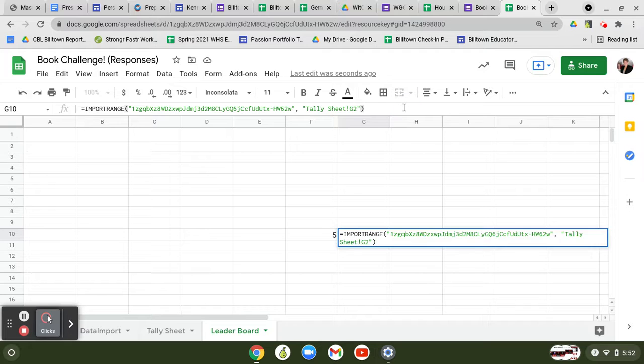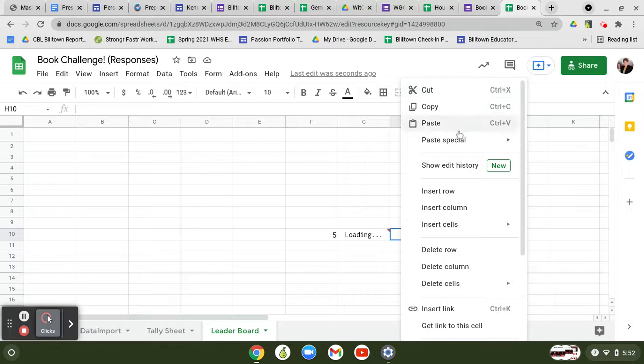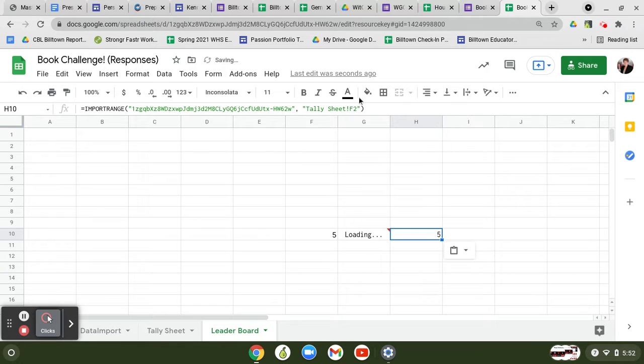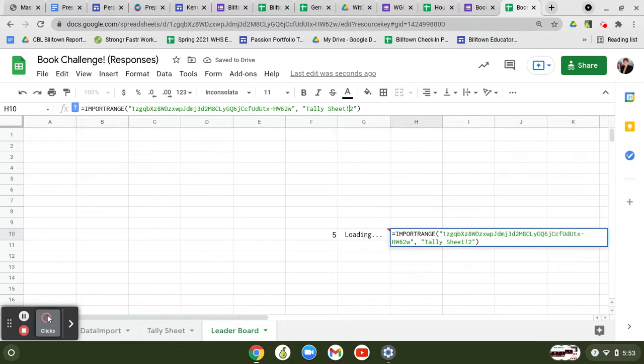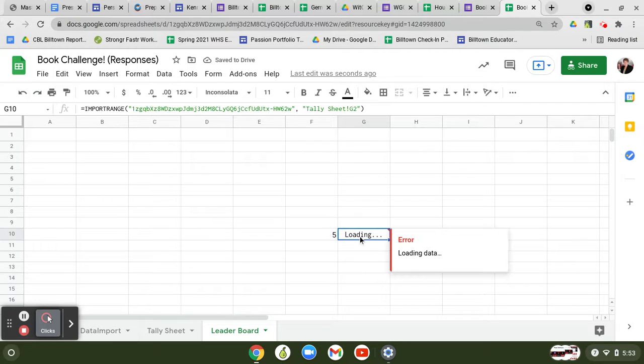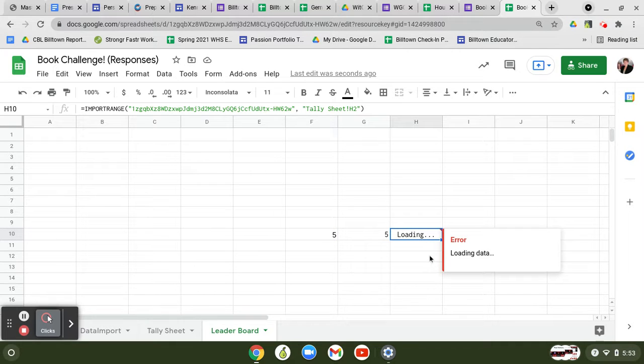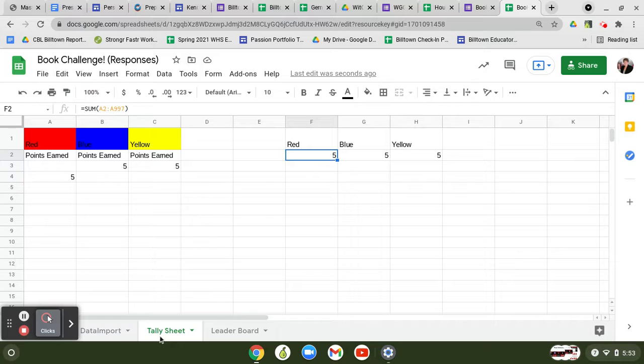We'll hit enter again, what we had to do last time. We'll just wait a minute, and then we'll go ahead and paste that function again in the next cell, and we'll go ahead and put our H2. And it might take a minute again. Oh, there we go, it popped up. If you've got a slow connection like me and you're recording, you just might have to wait a second. But as long as you're seeing the same values from the summative sheet that you want to show up,